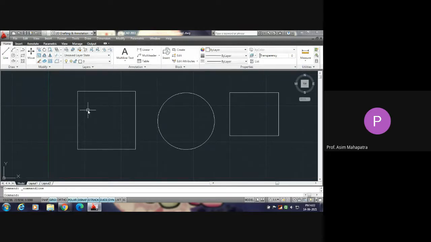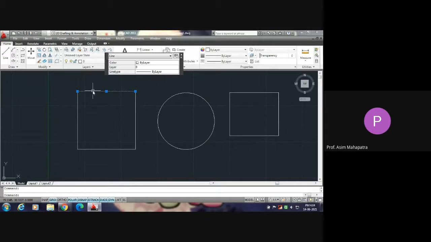But if you draw a rectangle, it's very difficult to specify the absolute coordinate values of all corner points. So in AutoCAD, a facility has been provided. You can give the coordinate of any point with respect to the earlier or previous point. I'm showing you again. That will be very helpful.